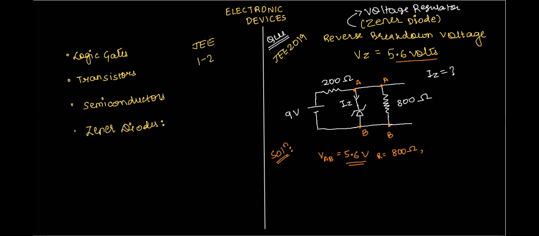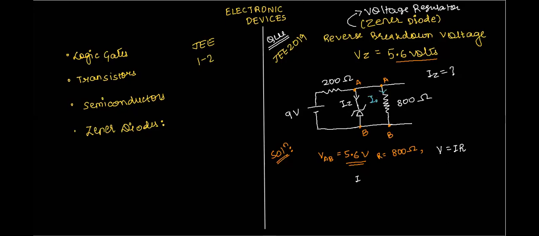Yes, you are correct. Therefore, the current in this branch will be given by Ohm's law. See here the application of current electricity concept. V is equal to IR, right? Therefore, we can find out I in this branch. Let us take this value of I for this particular branch. Let's say I over here is given by